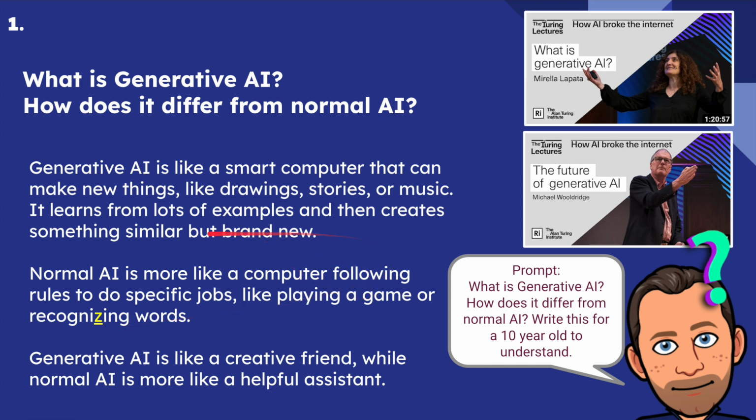You may notice there I've underlined the Z, because what normally happens, and this is how you can spot students' work if it comes back to you, if it's got lots of Zs in it, they've either plagiarized it or they've used something like generative AI, Google Bard maybe, or Chat GPT to write their work for them. So that's a good telltale sign. If there's lots of Zs in Americanized spelling, that's probably what they've done.